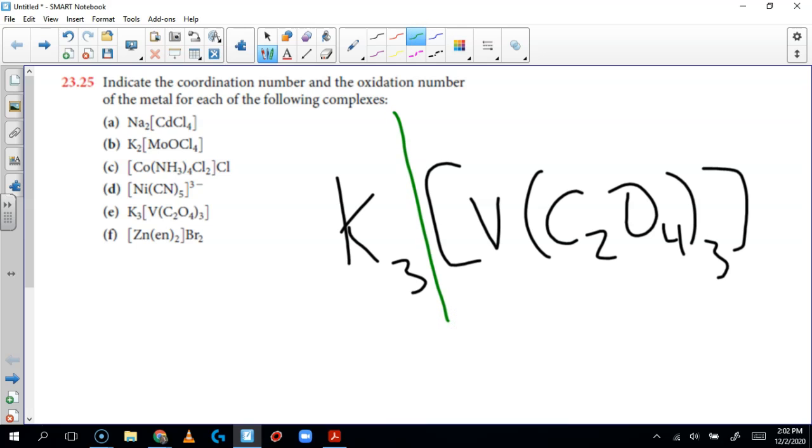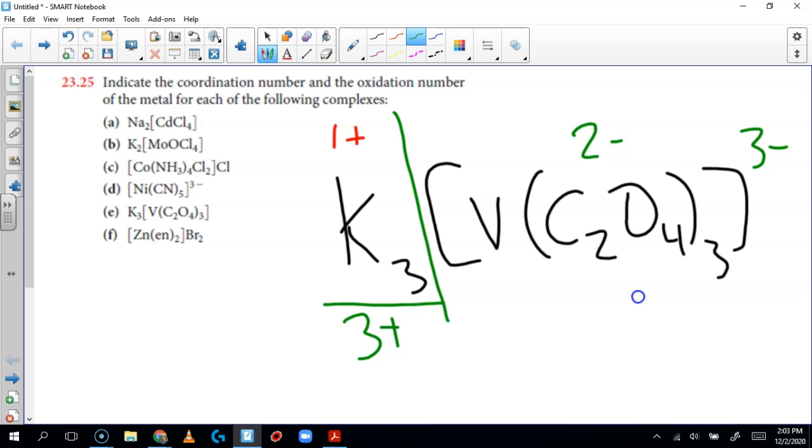And so now everything on this is 3 plus, because each of these potassiums is 1 plus, so that makes the total 3 plus, and so that means that this side is going to have to total 3 minus. Okay, so each oxalate, or what we call in coordination compounds oxalato, each oxalate has a charge of 2